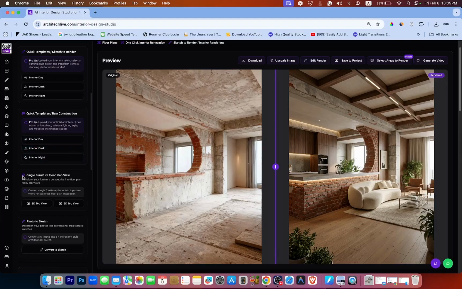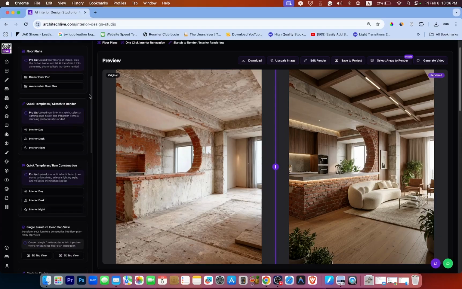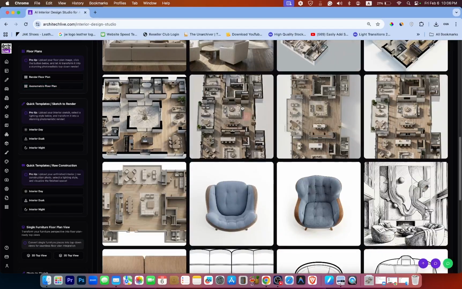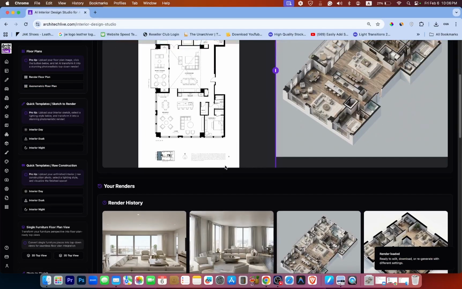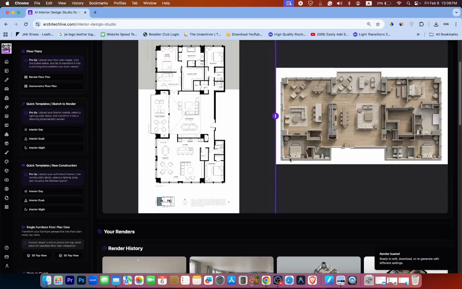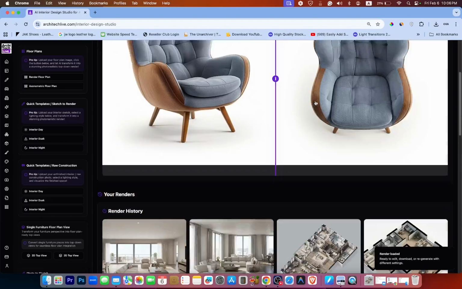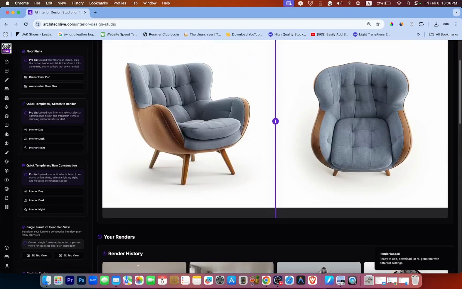After this, we will move on to single furniture floor plan view. Let's suppose you are making a floor plan, something like this, and you need an image in top view, or you are making something in Photoshop and you need an image for your furniture. If the furniture is in 3D view and you don't have the top view, you simply upload it. See this one, if you have a furniture like this and you don't have a top view of it,